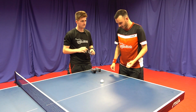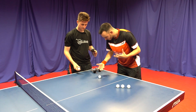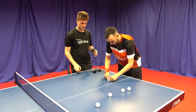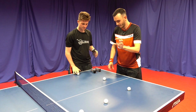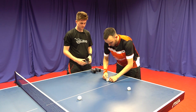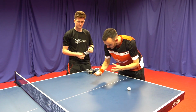I think in general these are a lot more consistent. Just from testing them the last few days, it seems to be 9 out of 10, they're pretty good. Whereas before, I know in other companies, other balls, you get a few out the pack and you can have 2 or 3 that aren't great. They're not 100% round. You get that bit of a wobble as you spin it. It's probably quite hard to see on the camera, but if you're there spinning it and having a look, what you don't want is to buy a load of balls and they're not up to scratch. So these in general, there are some varying slightly better than others, but mostly